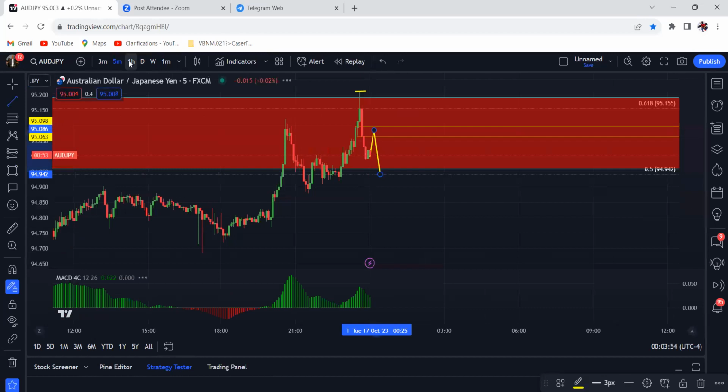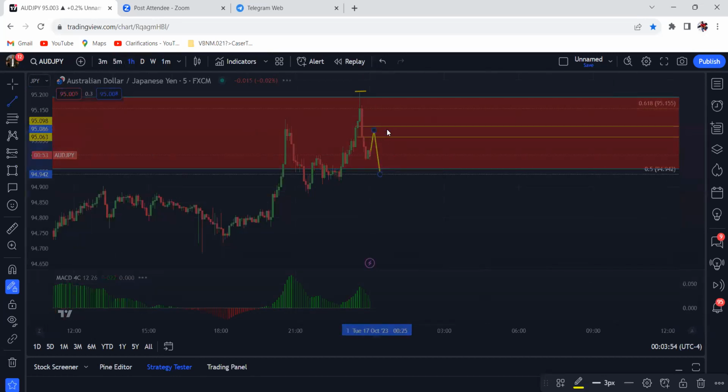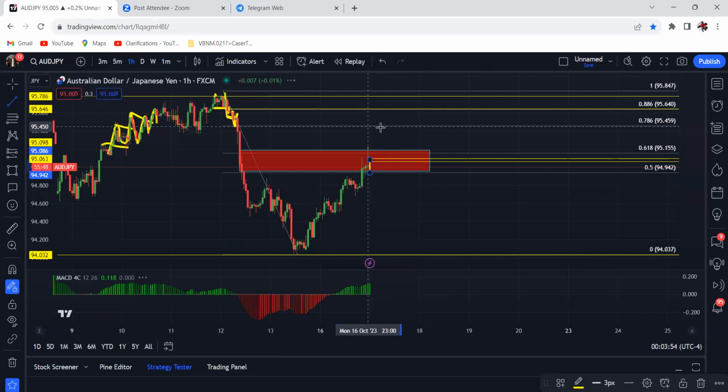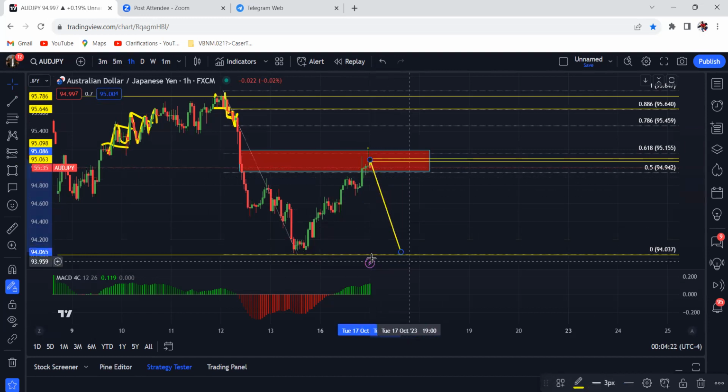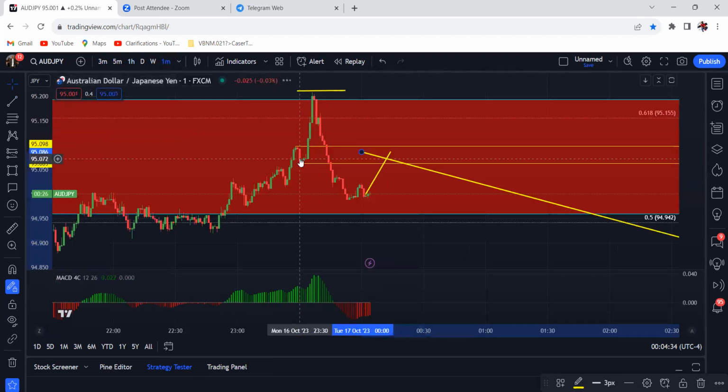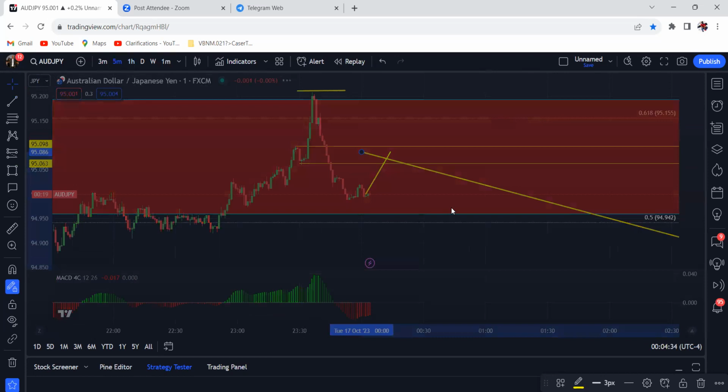Or if that's too short for some of you guys and you want to extend your stop loss, you can go above previous highs, say up at the 78.6 or a little bit higher. Try not to do more than like 30, 40 pips. And then this is the sell that I'll be looking for. See that? So we'll be entering on 3 minute, 1 minute up here. So we're waiting for the sequence. We got our change of character on the 1 minute. So now we're just looking for a nice pullback, and then we'll be looking for a short opportunity.